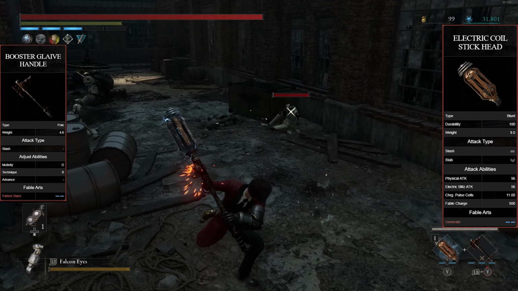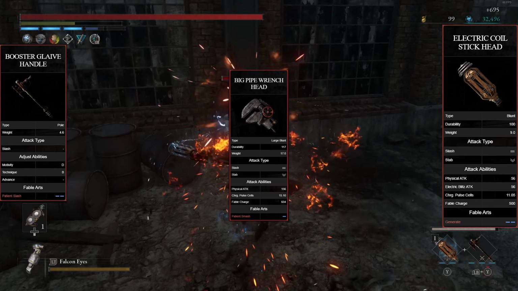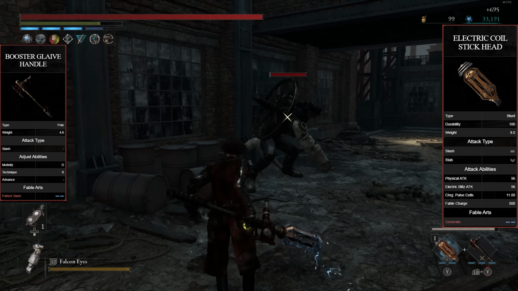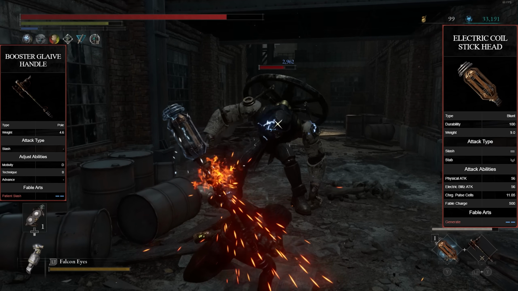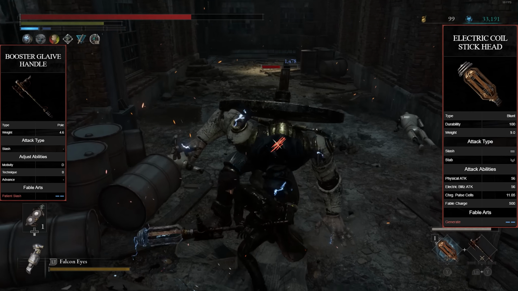So I do recommend switching to a different head for those types of situations. Probably something like the Great Sword of Fate or the Pipe Wrench head. Both of those can perform extremely well. But if you didn't want to do that, you can still find plenty of success with the Electric Coil Stick head, because shock damage still performs well against everything. It just makes them take more stagger damage, which is really nice. And you can proc shock really quickly with this weapon, because its Fable Art to generate just adds even more